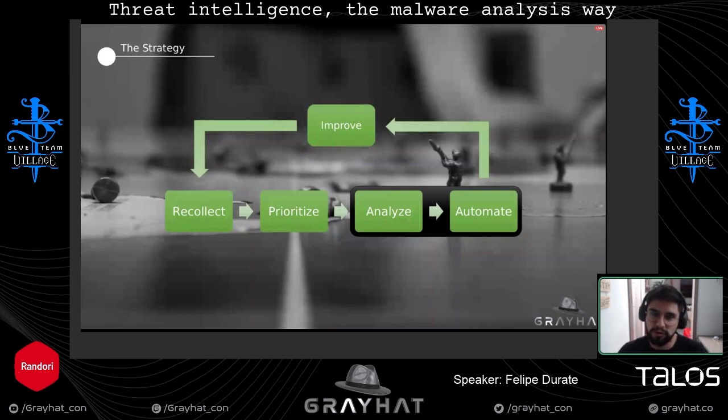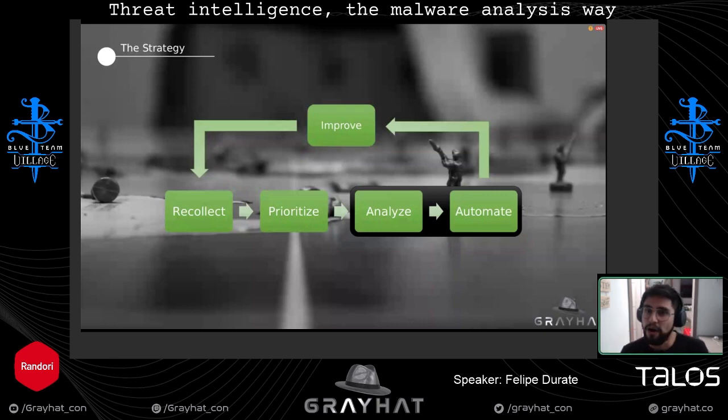Once you have completed one cycle, you need to learn about the things you have done. So you need to see if there is any other source that you can use. If a sample didn't have as much priority as you previously thought, probably you need to increase it or decrease it.